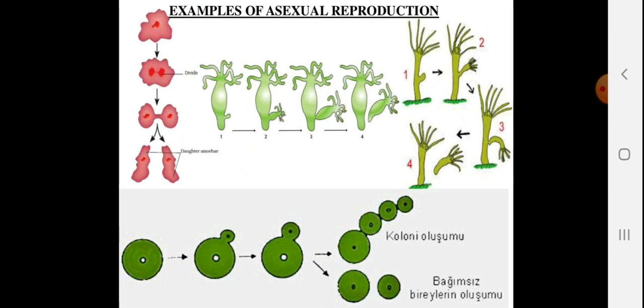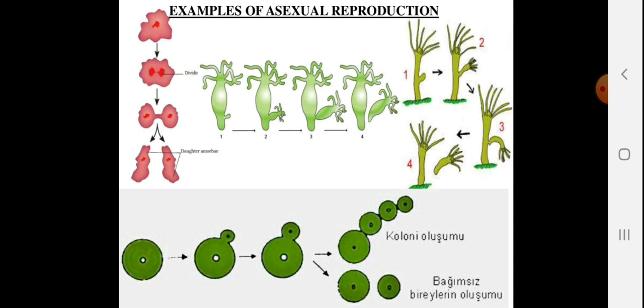Here you can see the binary fission of amoeba in the figure. You can find that the normal irregular shaped amoeba first divides its nucleus and then it divides its cytoplasm and the cell wall. So you can see two daughter amoebae from one parent cell. Remember, here only one parent is involved, so it is an asexual type of reproduction.